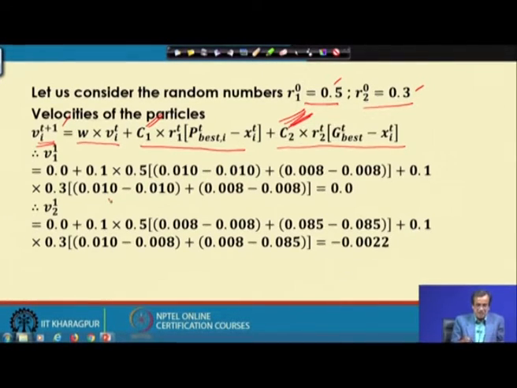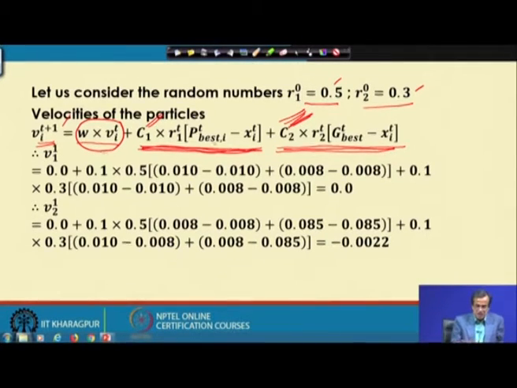Before I proceed further, let me tell you that this first component is going to give some sort of initial momentum to the solution. Then this particular part is the cognitive part, and this is going to ensure the local search of these design variables, and the last component is the social component, which is going to ensure the global search of these design variables.